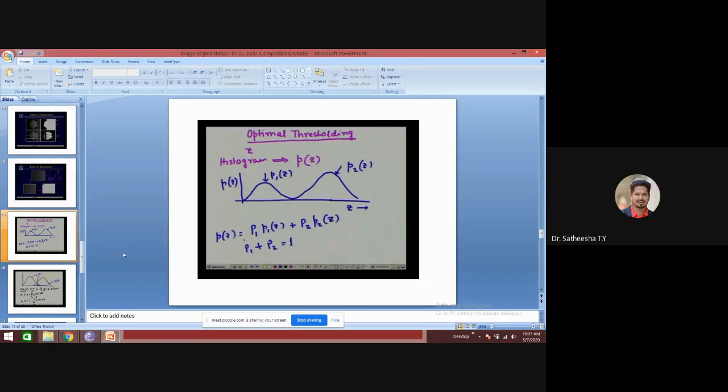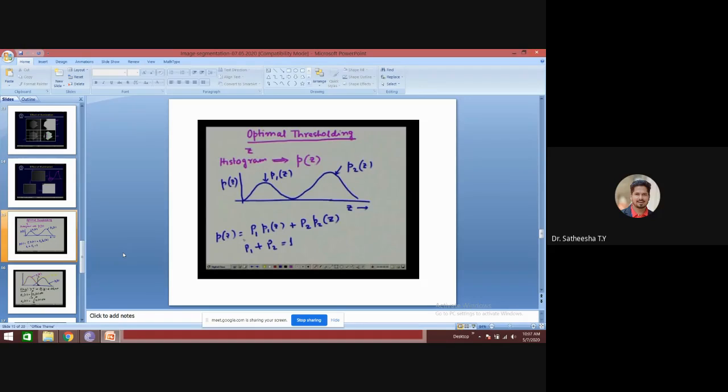This is optimal thresholding. So here we can go for a kind of thresholding by making use of some statistical property of the image where the mean error of the threshold operation will be minimum. So what is this optimal thresholding?